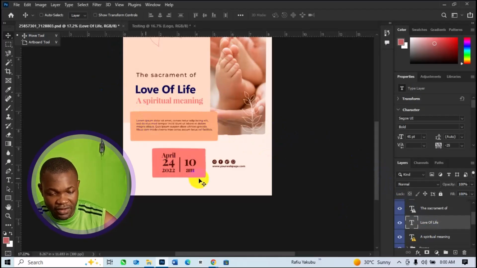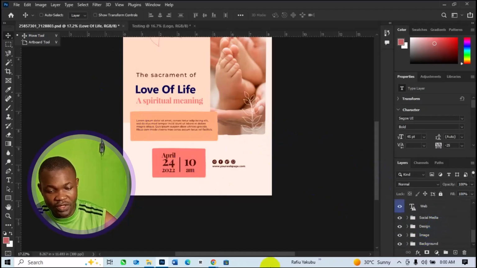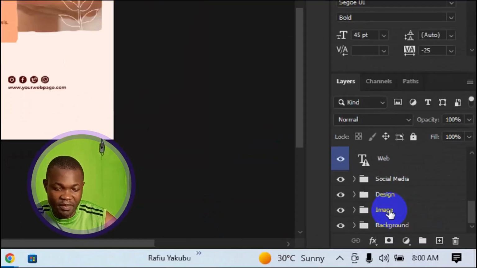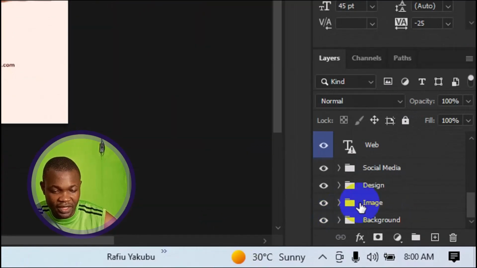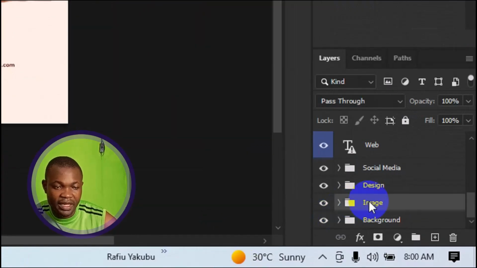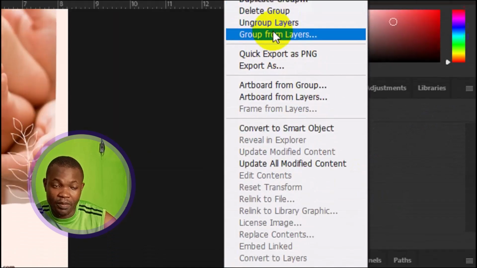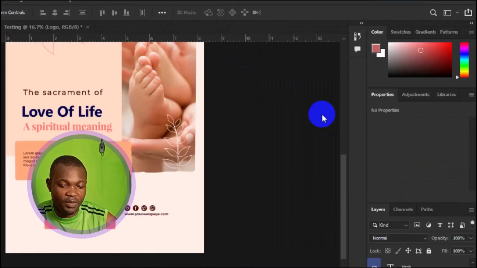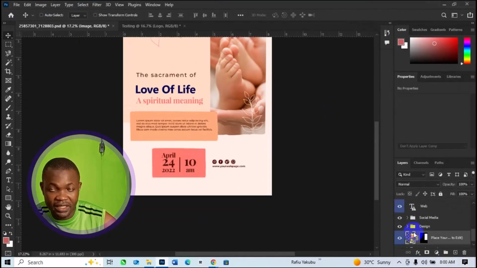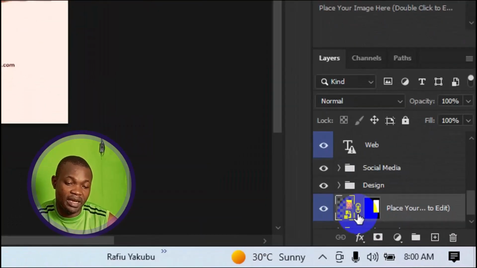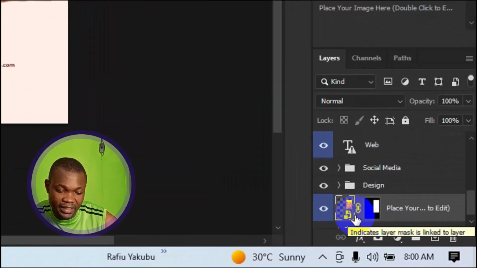So let's go ahead and check on how we can change the image in the template. So we come to the layer right here. So we have image right here. So select the image layer. When you select the image layer, right click on it, then go ahead and select group layers. When you click on group layer, it's taking you to all the elements that make up that particular layer. So here we go. What we want to do next is to go ahead and double click on this particular